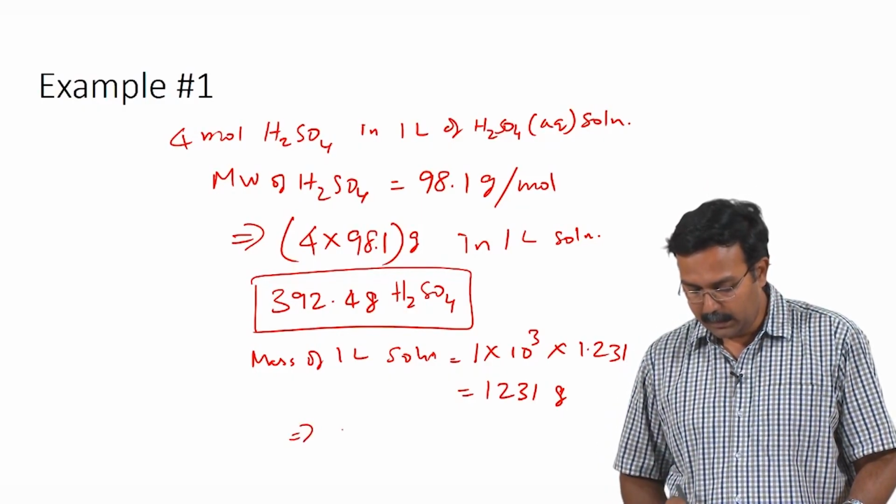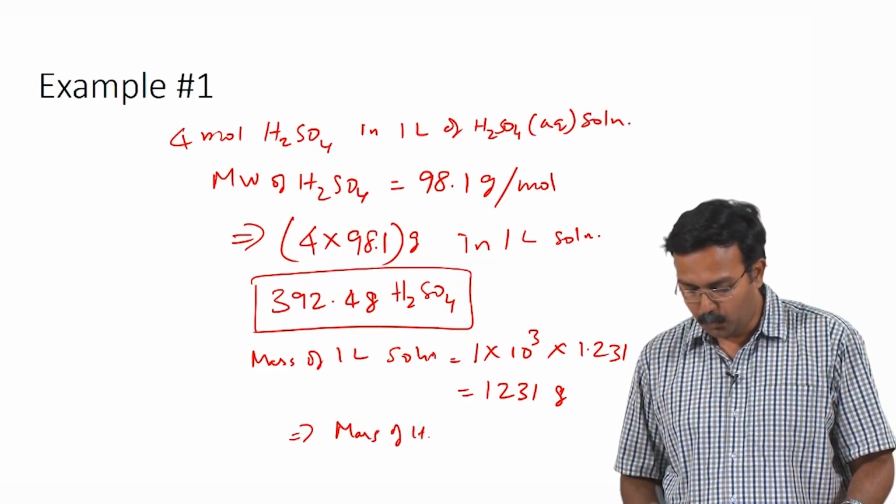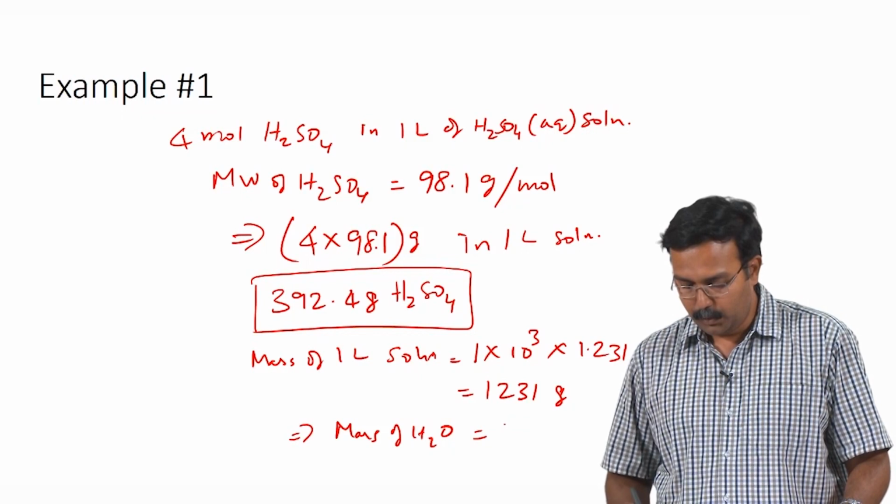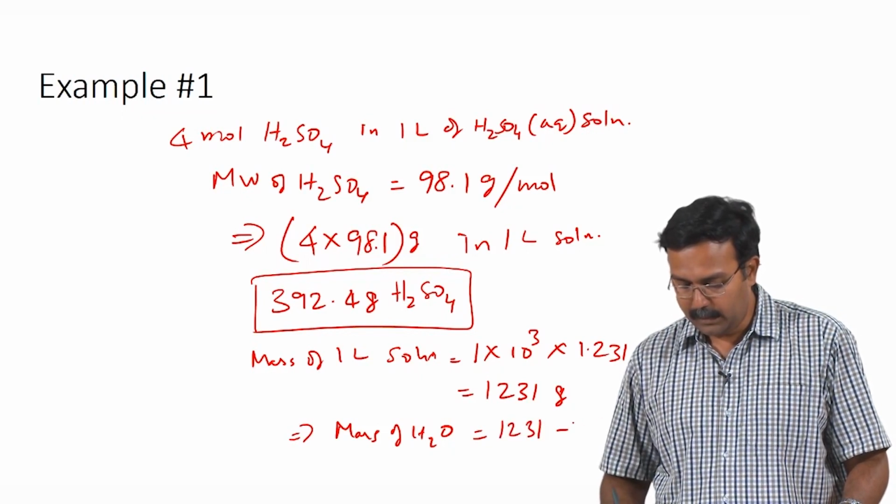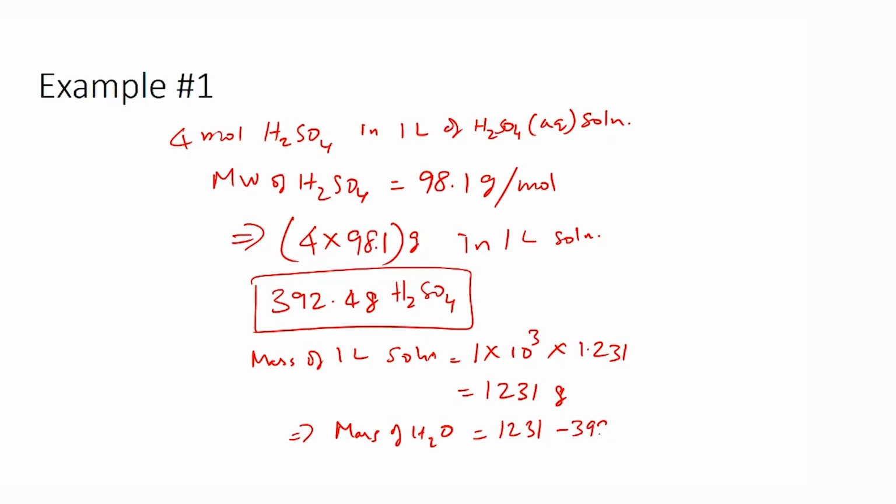So this implies mass of water would be equal to 1231 minus 392.4 grams, which would be equal to 838.6 grams of water. So, you can prepare 4 molar H2SO4 solution, 1 liter of it, by mixing 392.4 grams of sulfuric acid and 838.6 grams of water. So, for the next part of the problem, we have been asked to calculate at what